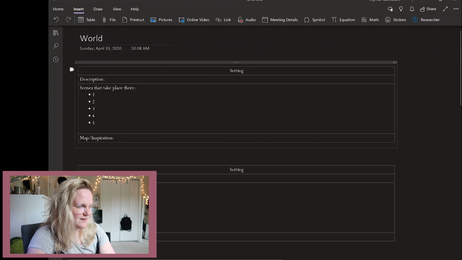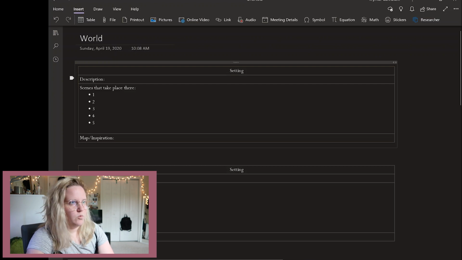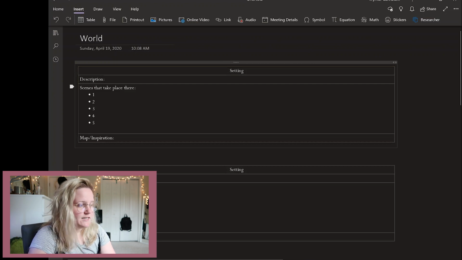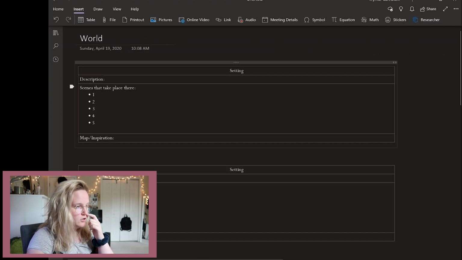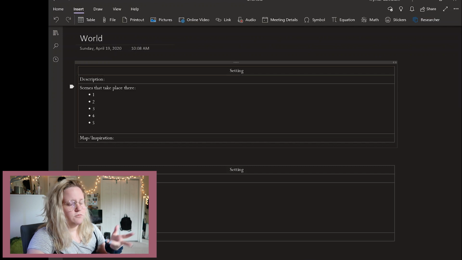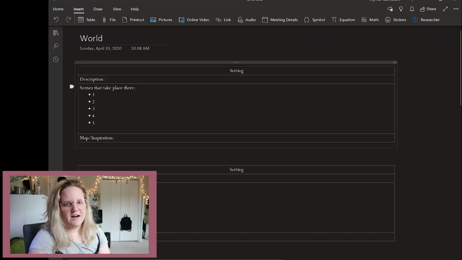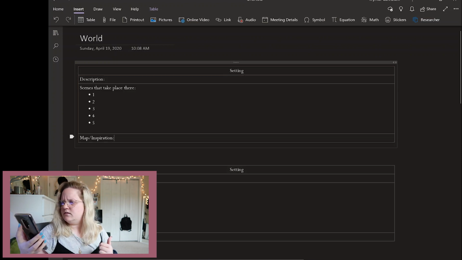All right, so we have the setting up top, and then a simple description of what the place is, what it looks like, where it's at, and scenes that take place here. I'm gonna be replacing these numbers with the scene names that I'm gonna give them, so going back through for reference, I can see, okay, they came to this restaurant 5 times, stuff like that. And then underneath is where I'm going to be putting